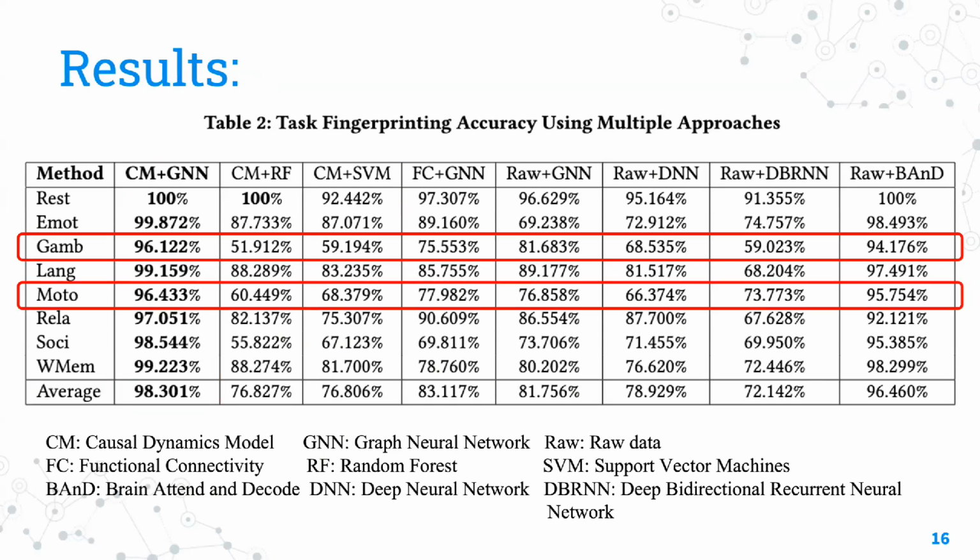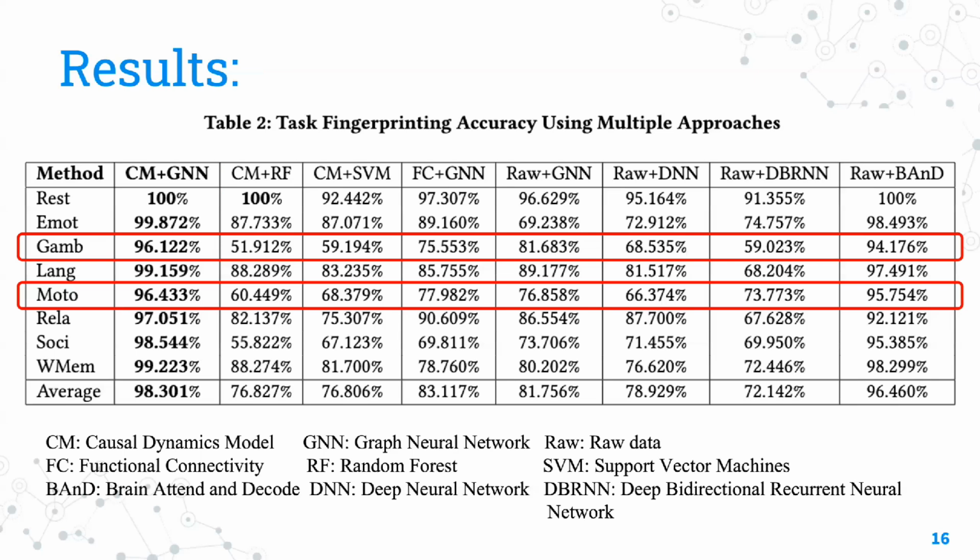However, we did notice a slight drop in accuracy for tasks like gambling and motor. This is likely because these tasks have more overlapping neural activity patterns, making them hard to distinguish. It's worth mentioning that other methods, such as RODIT and GNN, and RODIT and DBRN, also showed reduced performance in